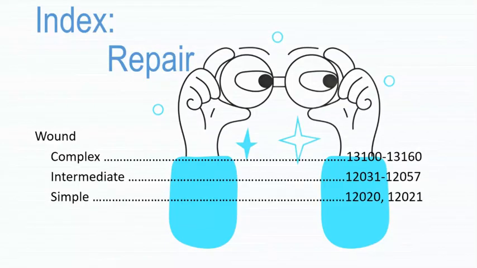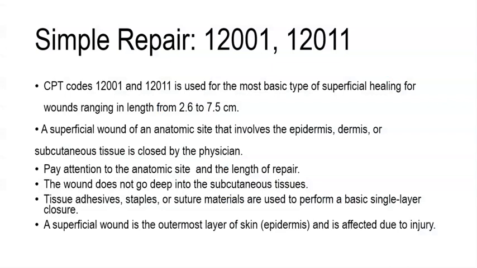In the index, we would look at CPT codes 12020 and 12021 under simple wound repair because the case study mentioned a one-layered closure. CPT codes 12001 and 12011 are used for the most basic type of superficial healing for wounds ranging in length from 2.6 to 7.5